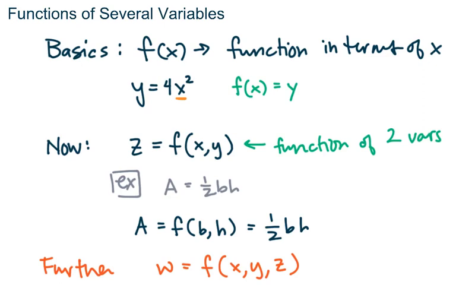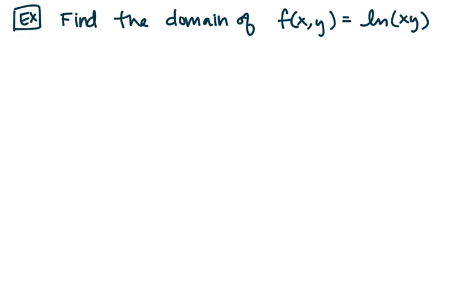The restrictions of the independent variables, all of these being the independent variables, what we plug in, are going to determine the domain of that output function, right? So the restrictions on the base and height would determine the domain of the area, if that makes sense. So let's do an example first. For this example, we're going to find the domain of this function of two variables,